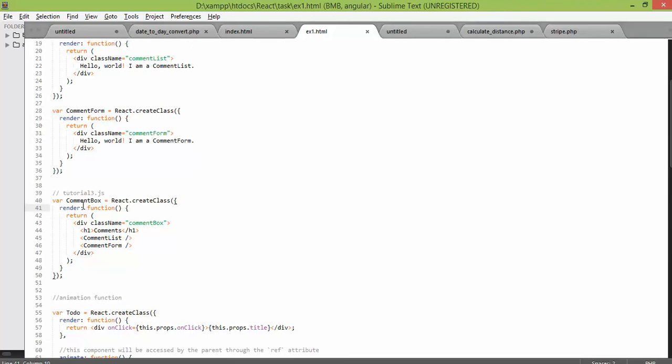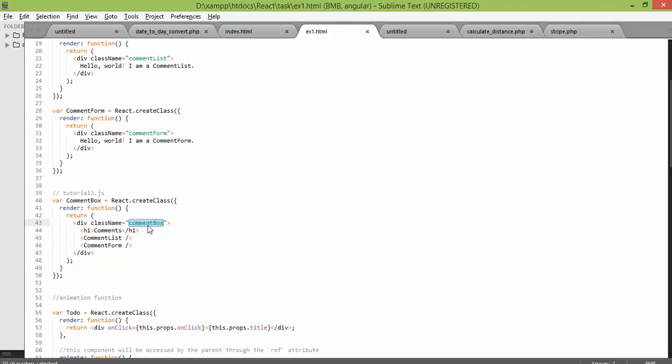For creating a class, I've just used a variable comment box equal to React.createClass, and after calling this class, I want to return something and render it on the page. So I've used render, and then I have fired a function,